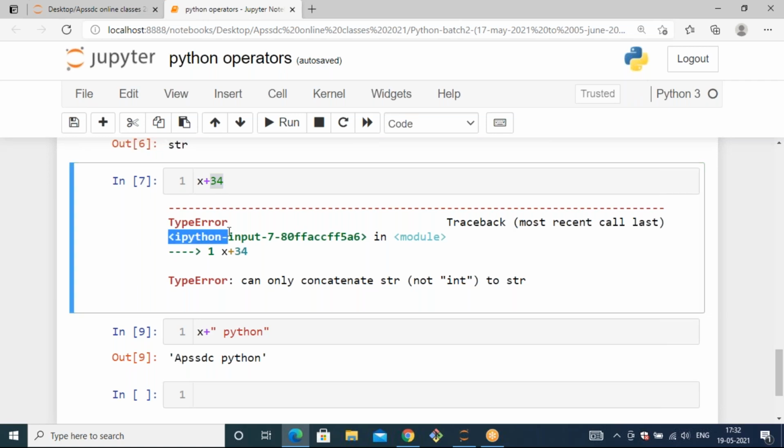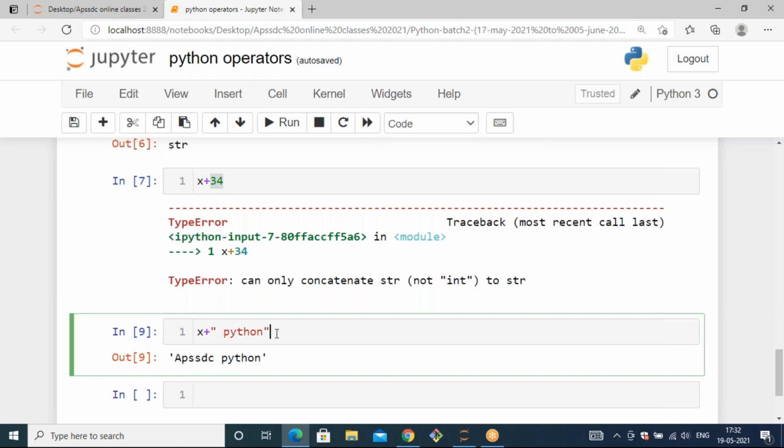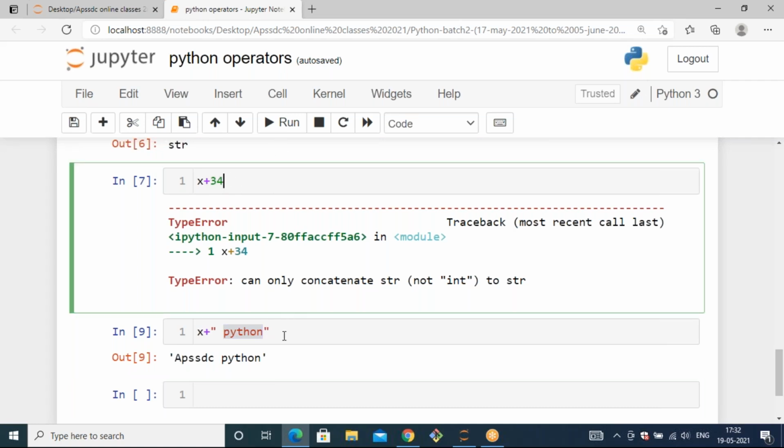That's why we are getting an error here: x is a string and we are adding an integer. That's why we get a type error. But here we get a result because x is a string, APSDC, and we are adding that string with another string, Python. This is the basic difference between this operation and this operation.